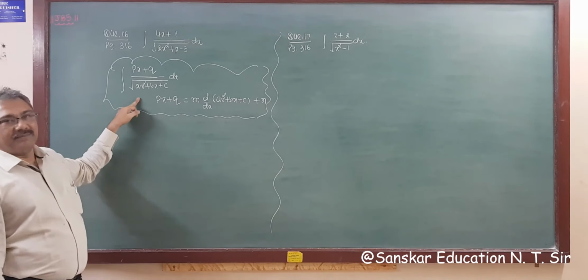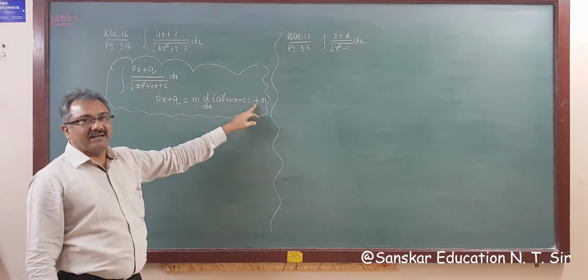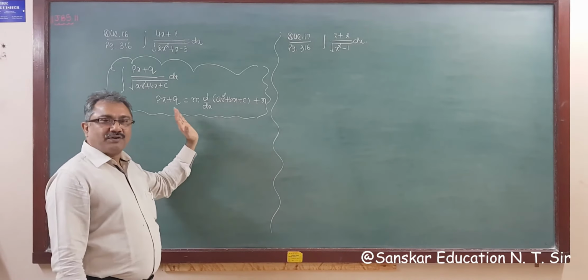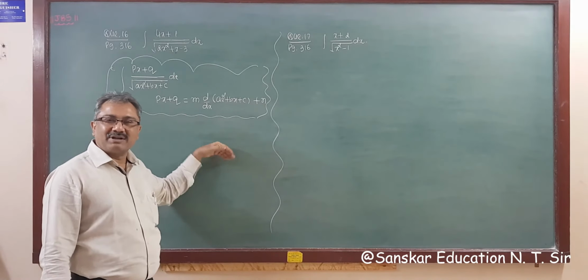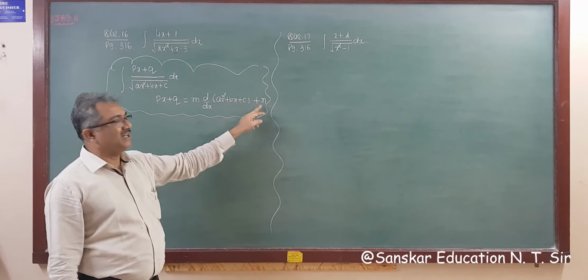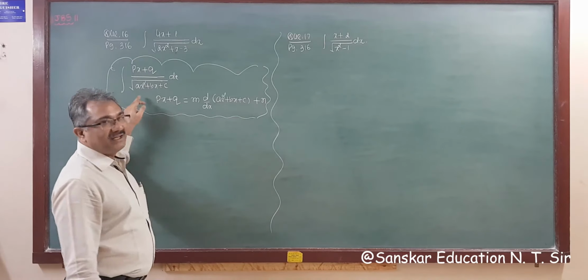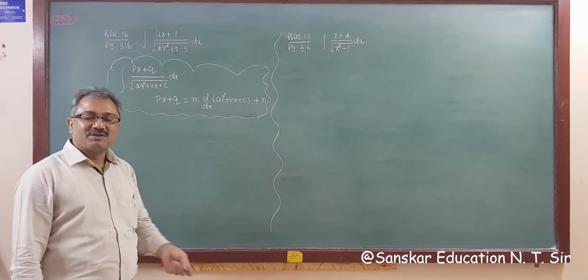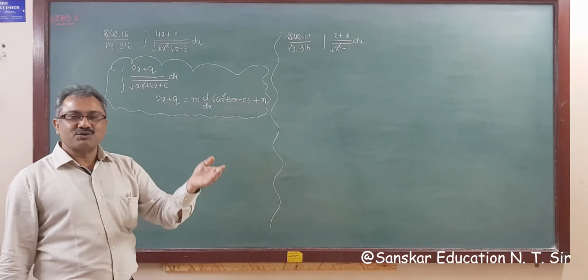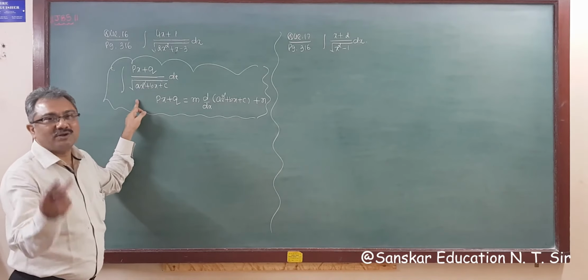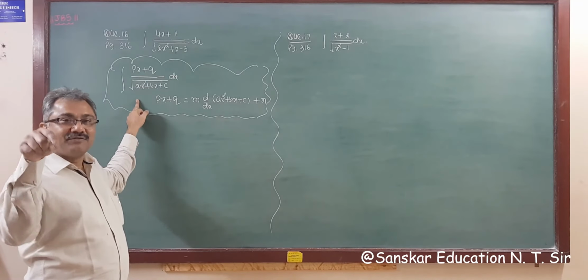And in this type, after finding m and n, you have to take them separately. So the first step is always the derivative of the denominator in the numerator, and in the second step you have to make it a perfect square using the formula 1 upon quadratic form, finding out the last term, and then do it. So in this type you have to solve 2 types of questions in one, right?